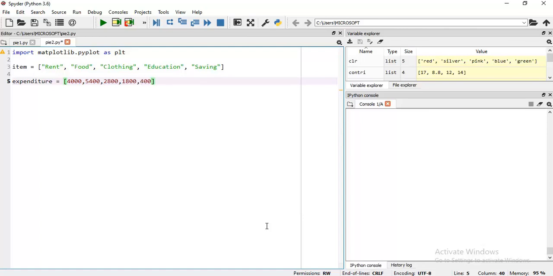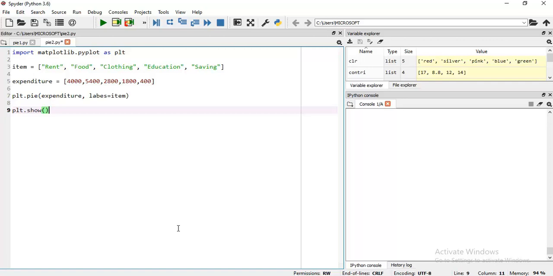Now let's construct the pie chart: plt.pie for expenditure, then labels equal to item, and then finally plt.show.